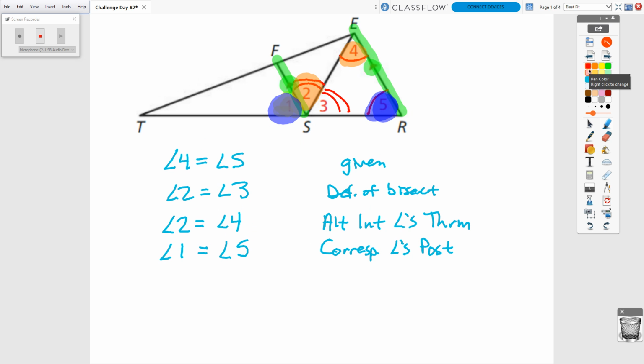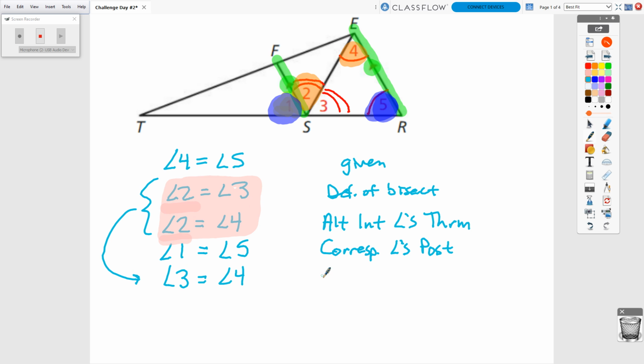So again, we know that 1 and 5 are the same, 2 and 4 are the same, 2 and 3 are the same, and 4 and 5 are the same. I'm going to start with really these two middle pieces here, because I'm automatically drawn to the fact that angle 2 is at the forefront of both of those. So from those two pieces of information, I can conclude that angle 3 and angle 4 must be the same by the transitive property, or you could say substitution, but this really jumps out at me as the